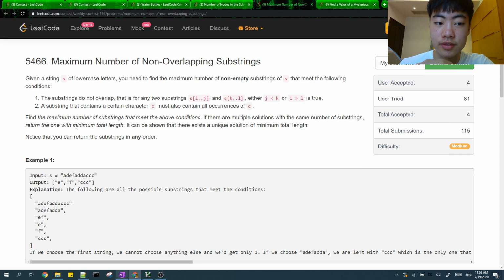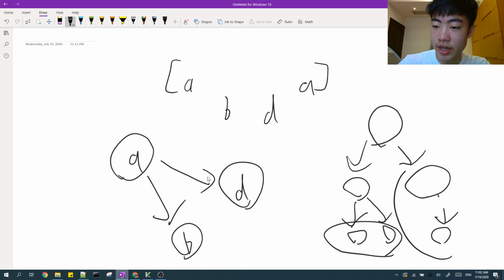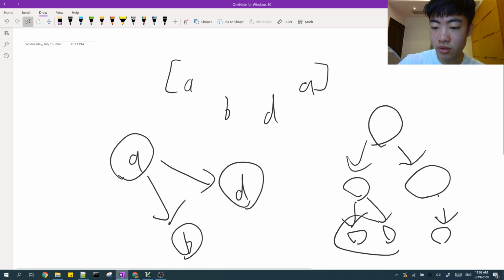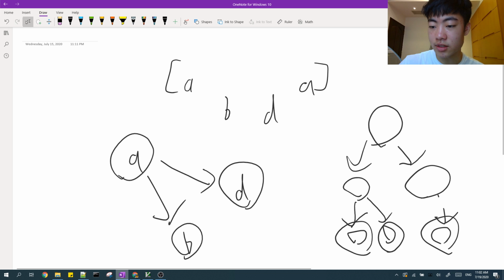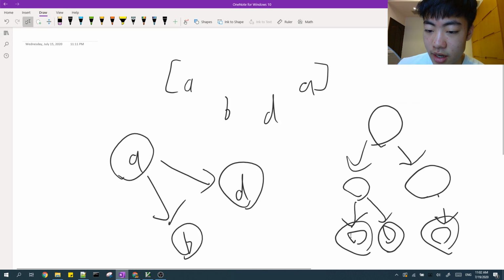And then this also satisfies the minimum total length requirement, because consider we have two ways to take 3 subtrees. We could either take it like this, or we could take these 3 leaves. But if we take this extra node here, it's still a subtree, but then we are taking extra characters, which is not good. So in the end, these leaves at the bottom are nodes such that